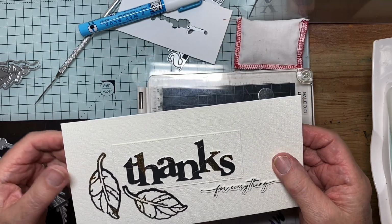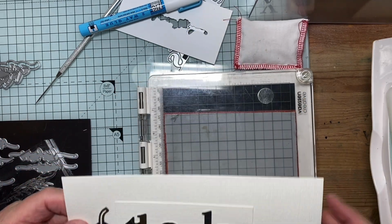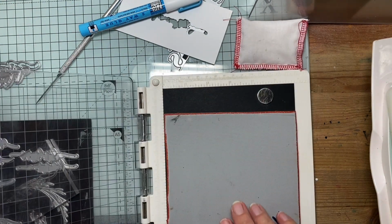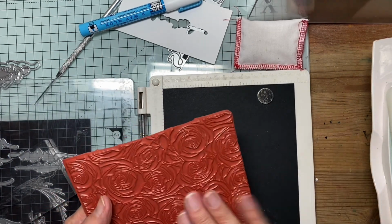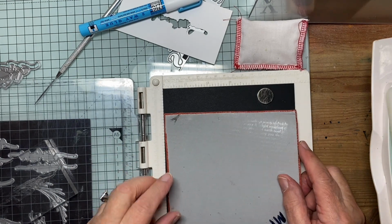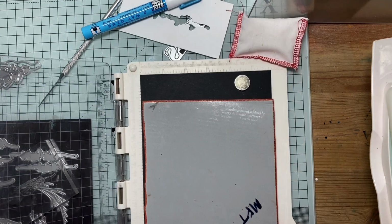So I say I was using up a messed up background stamp, but I didn't have any left, so I'm just going to do some more now. And I came across something else that I thought might give you a bit of a hand with. I chose this one this time. It's like all over roses, but it's a really heavy stamp, and I put it on there, and as you can see, when I put it into my,